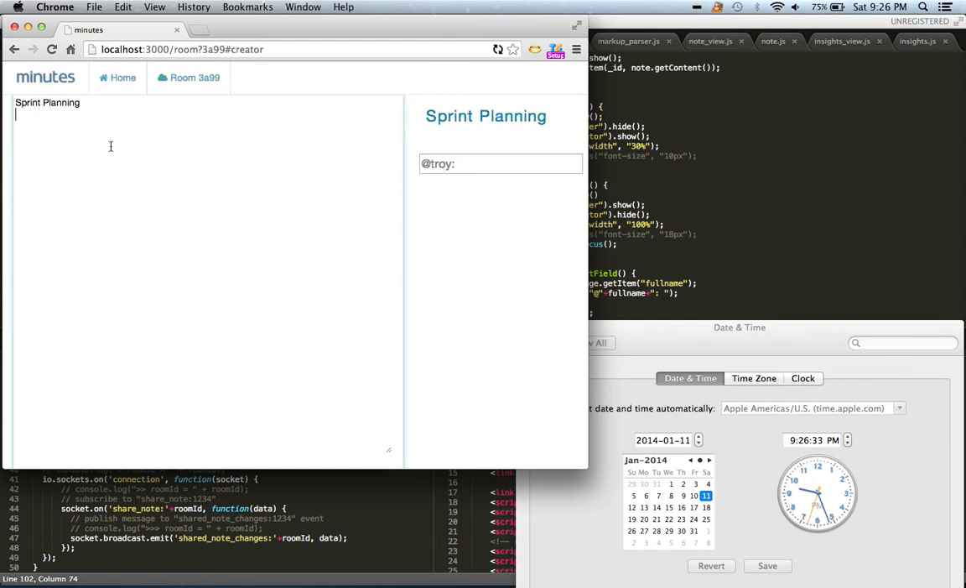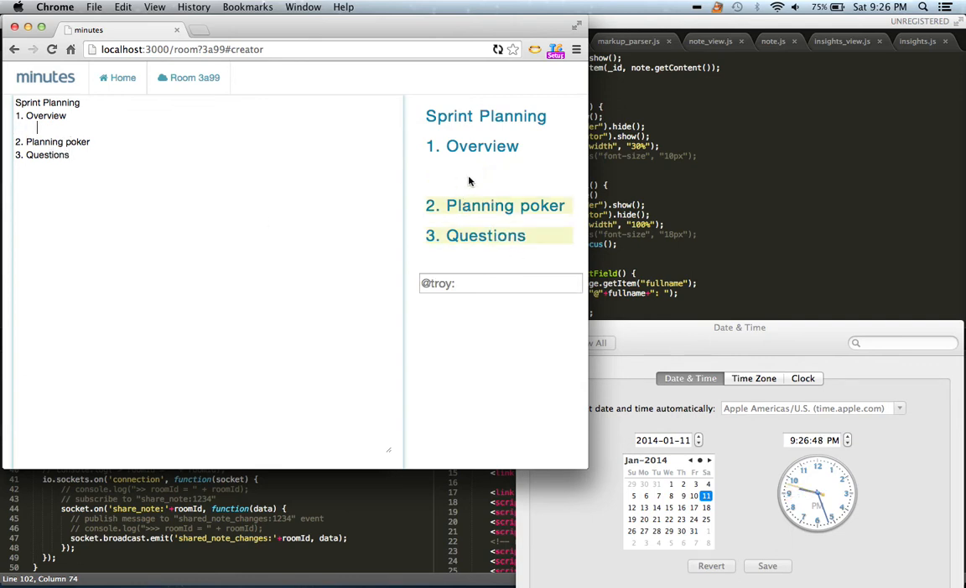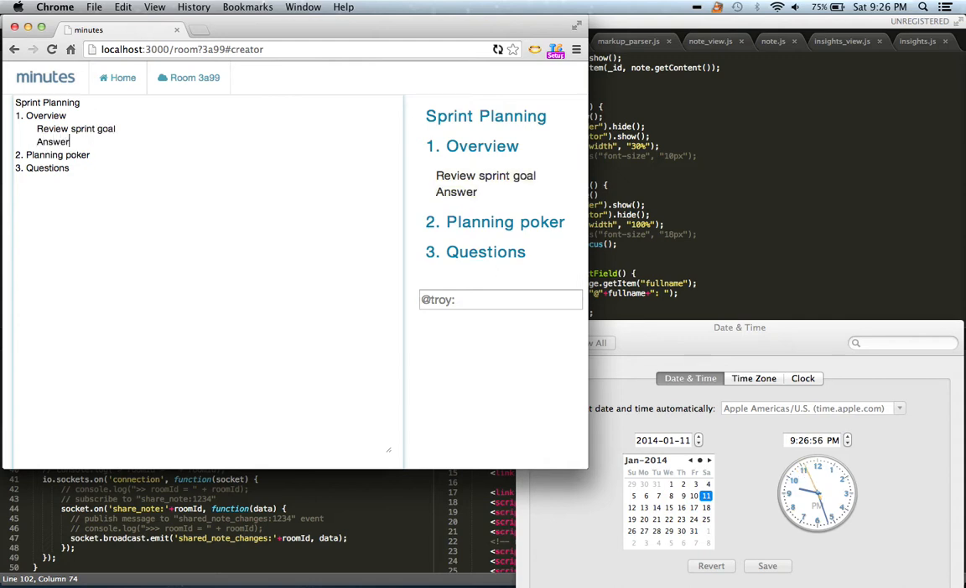So you'll see on the left it's an edit pane, on the right it's a preview pane. The agenda will include an overview, a game of planning poker, and some questions from the audience. Now, what you'll notice is on the right, this is the actual experience that the preview is giving you of other participants that they'll see. So we'll review the sprint goal, we'll answer questions, and in the planning poker game, we'll review our velocity